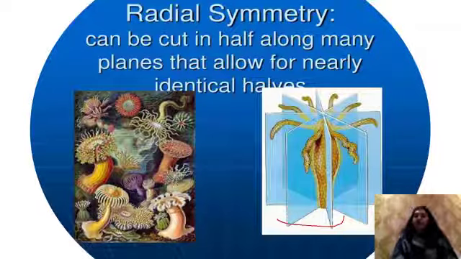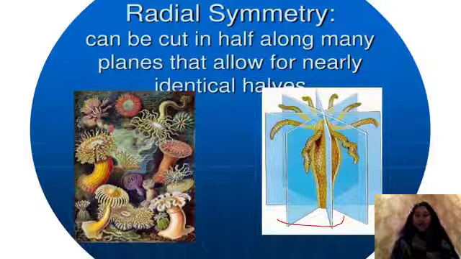So there are 3 types of symmetry. And depending on these 3 types, the organisms are classified into different